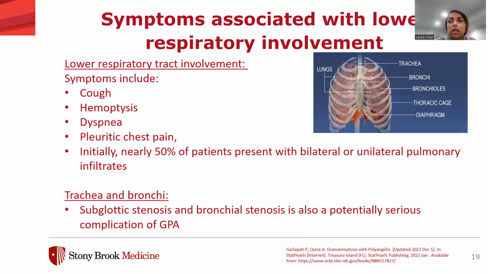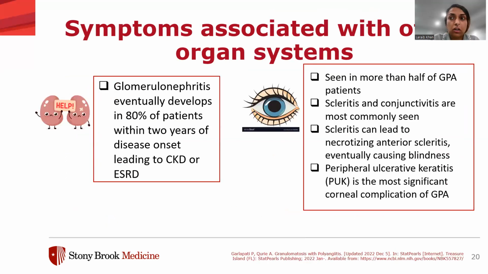So now that we covered GPA and how it affects the respiratory tract, let's talk about how it affects the other organ systems. So with kidney involvement, there could be glomerulonephritis, and that eventually develops in 80% of patients, and it leads to CKD or ESRD. There can also be ocular involvement, and it's most commonly seen in more than half of GPA patients, and they can have conjunctivitis. They could also get PUK, which is peripheral ulcerative keratitis, and that's the most significant corneal complication